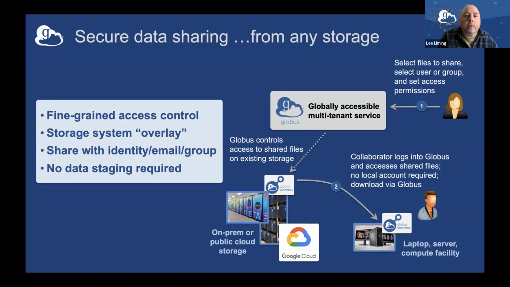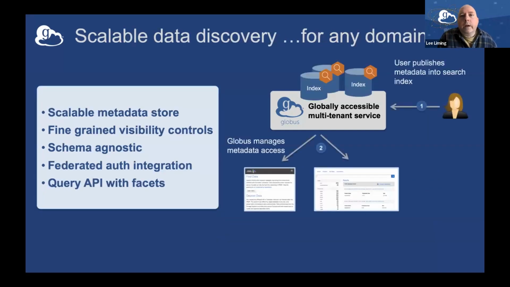Individual directories can have different permissions on them, and you can use identities that your researchers have at any campus or research laboratory that participates in the Globus ecosystem, which is thousands. So we also provide discovery services, that is search,